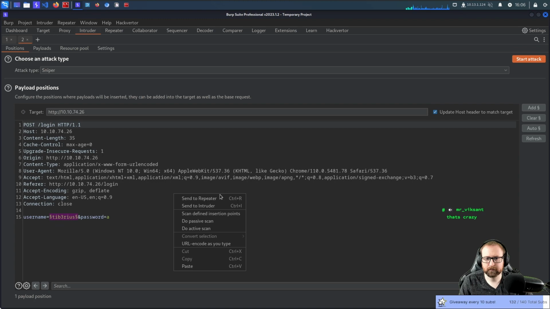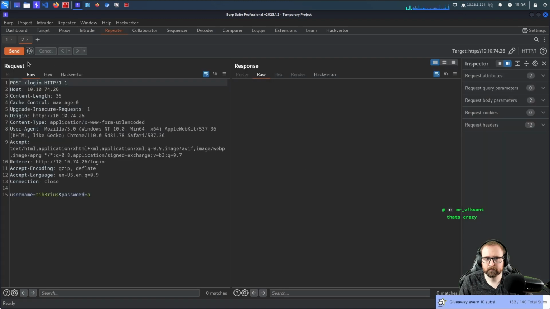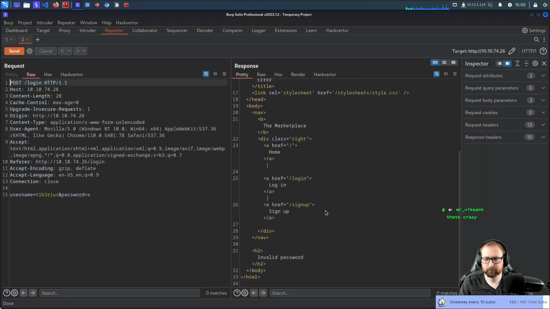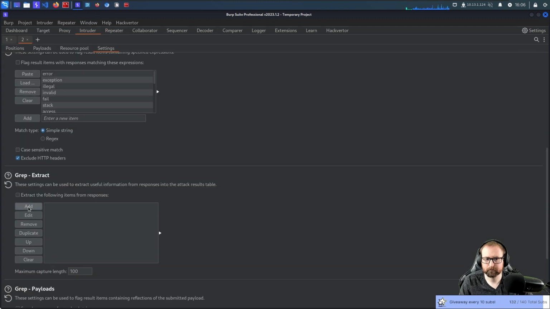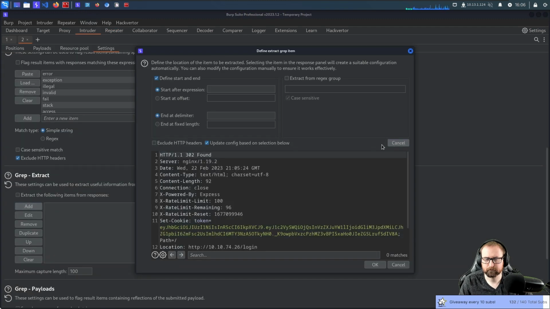Okay. Give me a sec. Invalid password, yeah. Don't quite understand why that is happening.